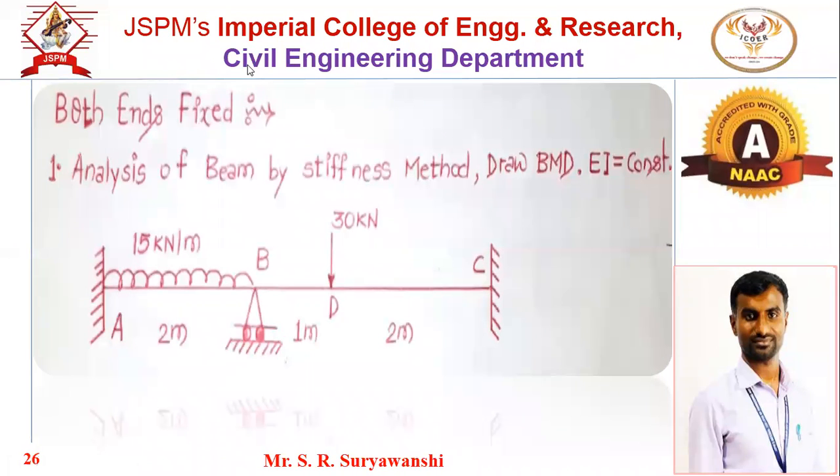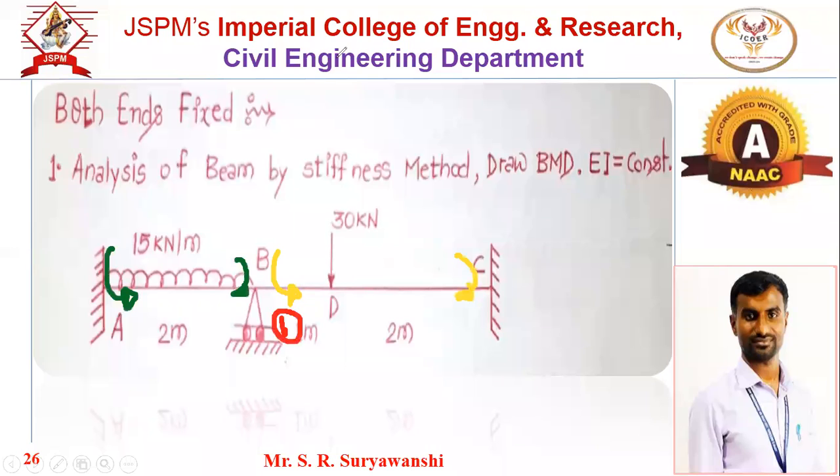Now see here, we know that due to the given loading condition, fixed end moment will be generated for each span. First fixed end moment is always acting in the anti-clockwise direction, and the next fixed end moment will be clockwise like this. Similarly for BC span, first fixed end moment anti-clockwise, next fixed end moment clockwise, and this is our node 1. Node 1 is there at point B.